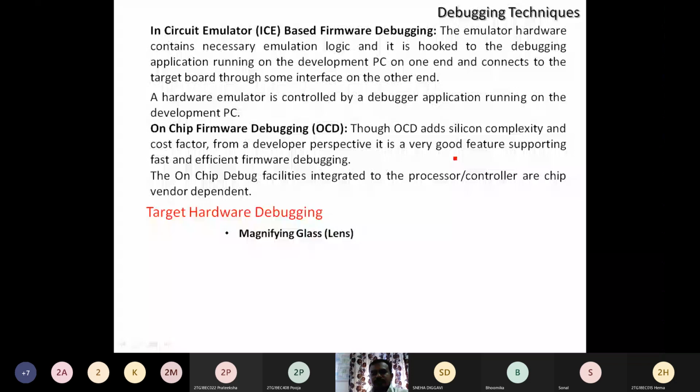Another tool we are going to use for hardware debugging is the multimeter. As the name indicates, it performs multiple operations. It is used for testing and checking the status of different parameters like voltage measurement, current measurement, resistance measurement, and so on.